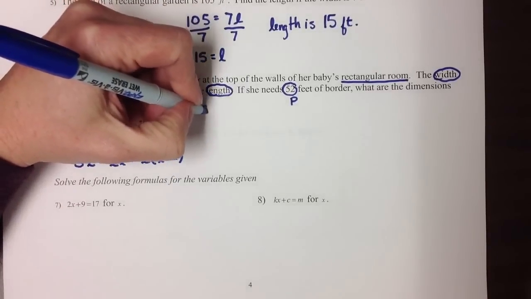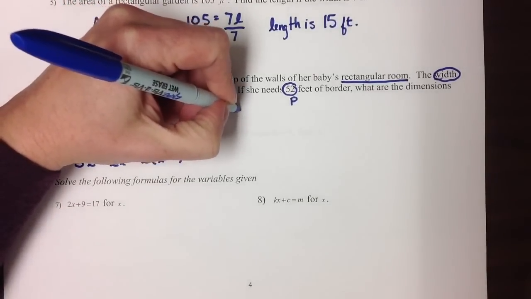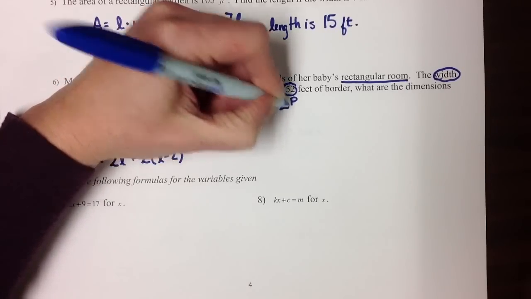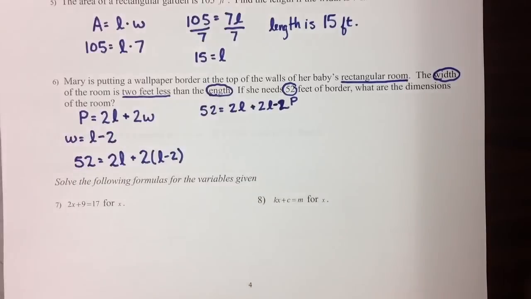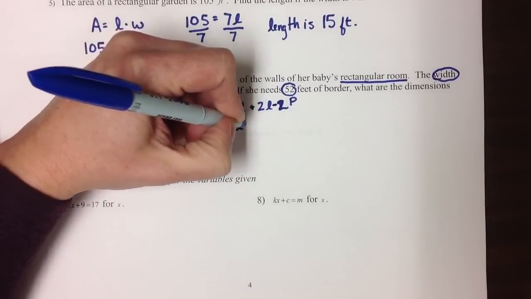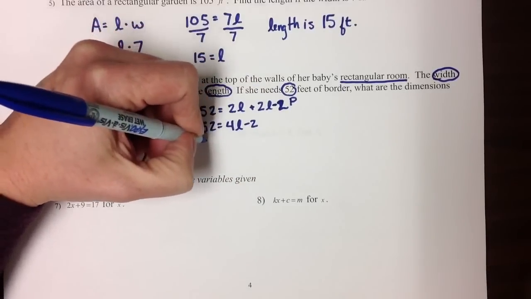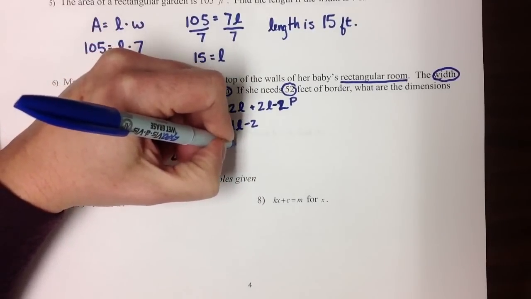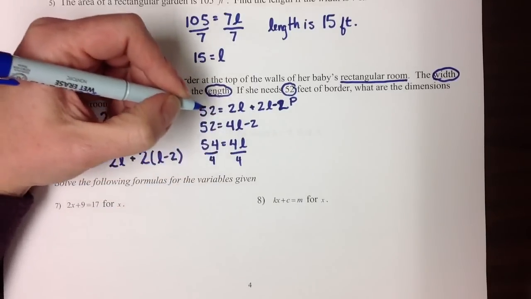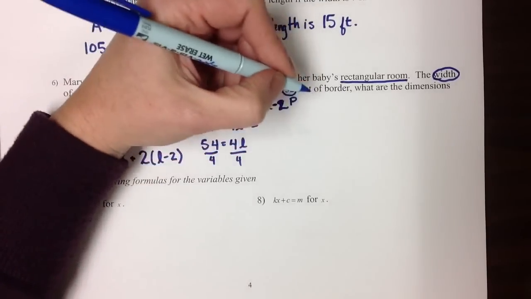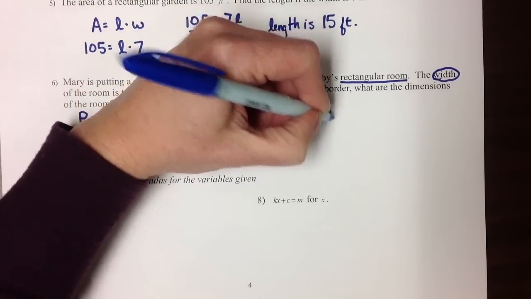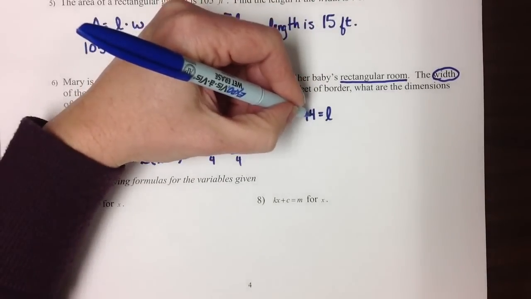Solving this algebraically, we get 52 equals 2L plus 2 times L minus 2. Combining like terms, 52 equals 4L minus 2. Adding 2 to both sides, 54 equals 4L. And then dividing both sides by 4 gives us a final answer of 14 equaling L. So this means that our length